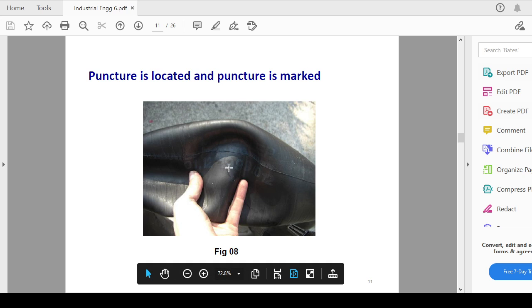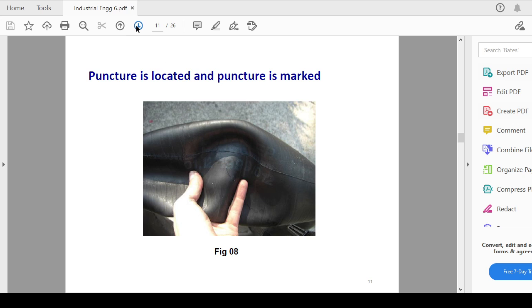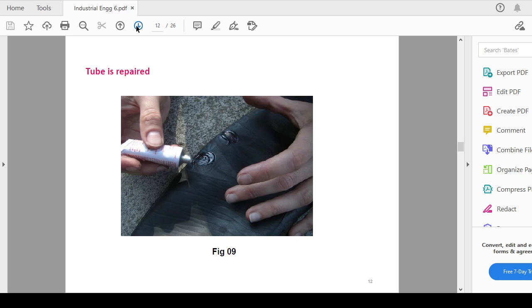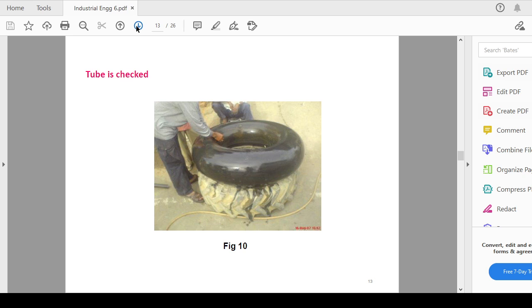After the puncture has been marked, you go ahead to the next step: the tube should be repaired with the help of glue and tape, whatever operations are there. That tube should be repaired properly.